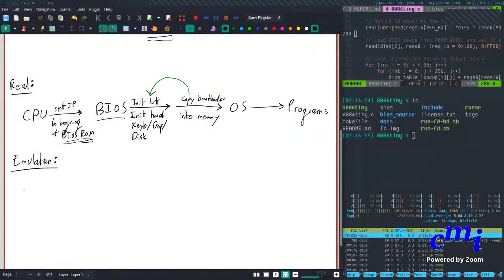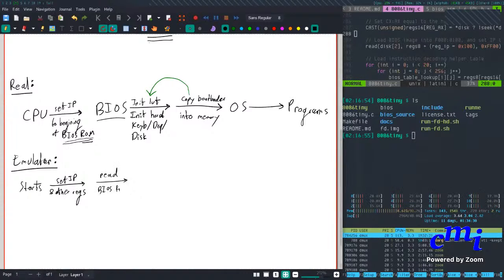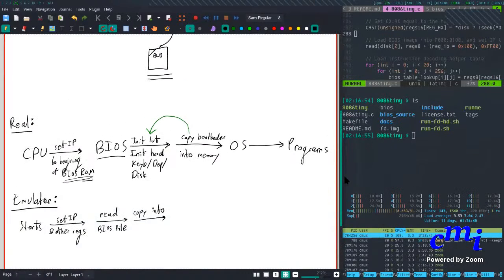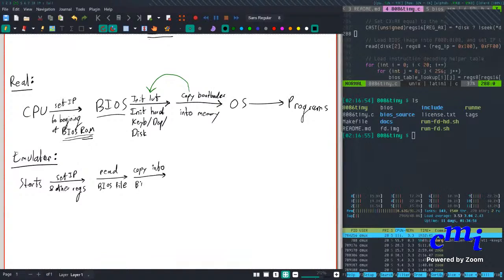So the emulator is going to do this. After it starts, it's going to set IP. So it's going to set up some registers and other registers, let's say. Then it's going to read the file, right? So read the BIOS file. And it's just going to copy that into this BIOS section of the RAM. So copy into BIOS